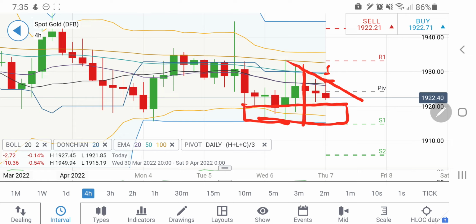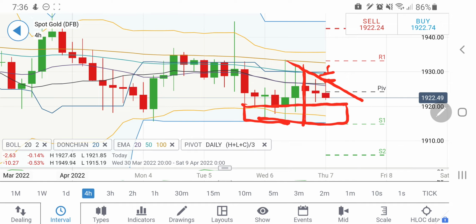Below 1920, probably the nearest support will come into picture at 1917 and then 1915 levels. Below 1915, we can expect a strong break on the downside towards 1910 and below levels. It can try to hit 1903, 1900 and in fact can go well below. But at the same time, if it breaks here at 1928, then you can go long and expect that it is going to hit 1930 probably, and then beyond 1930, 1934 will come into picture. If it breaks 1934 today, one can definitely remain long and expect it to hit 1940 levels. Beyond 1940, sky is the limit.